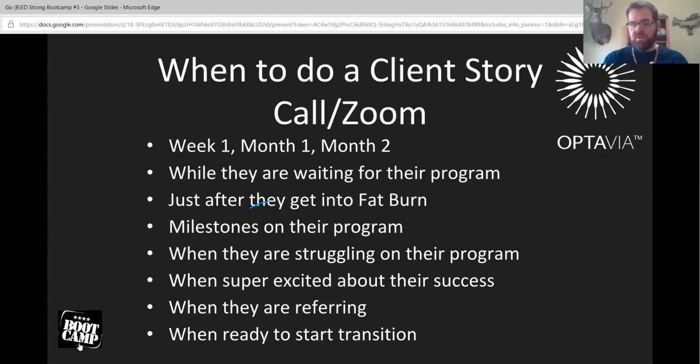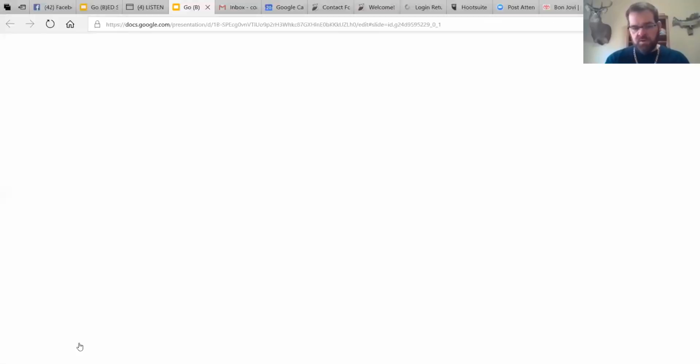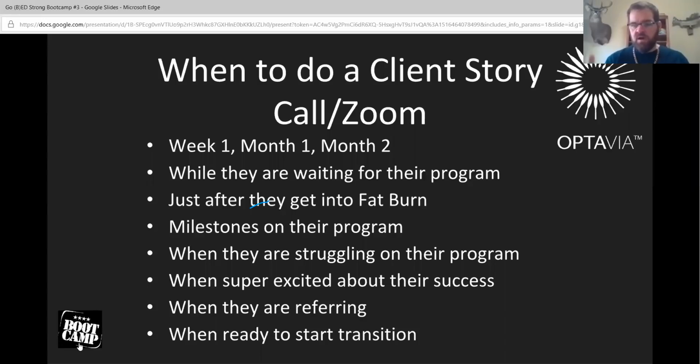We want to help them transition into maintenance. We want to help them learn what to do next, not a point that they're going to end and walk away, because if they do, they could keep that yo-yo cycle going in their life and go back to where they were before because they didn't have a good proper transition. So we want to hop on a Zoom or call with them to help them realize that even though they've reached their goal weight, that is not the end of where they're going.